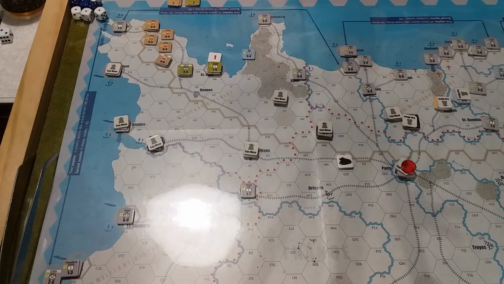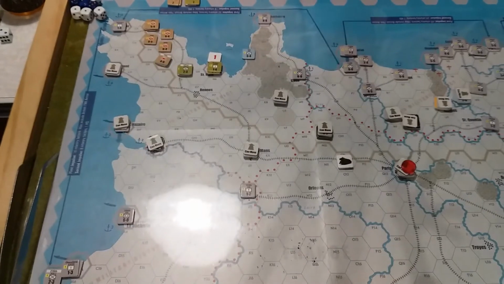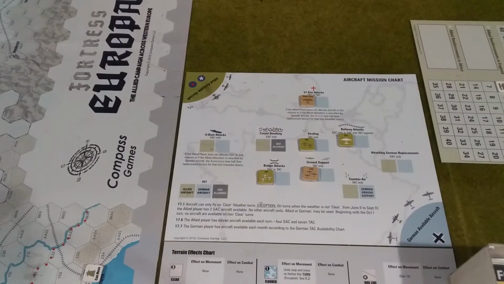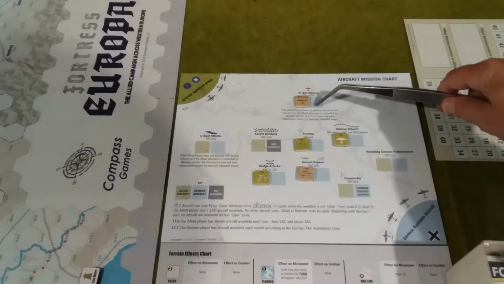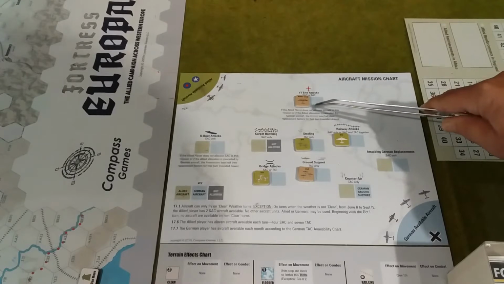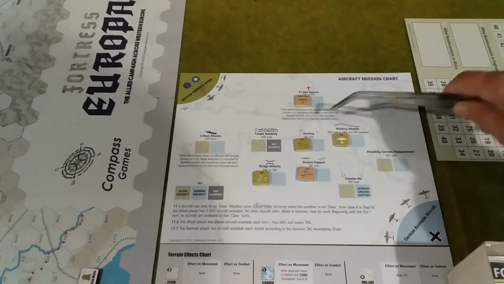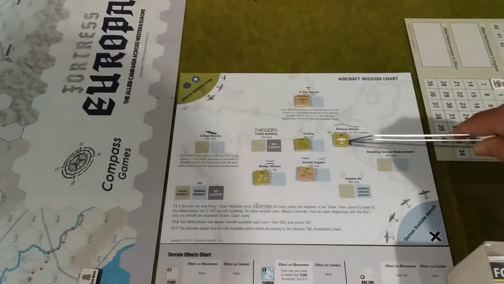Righto, third up. Air allocation phase. Okie dokie. So I'll pause it there, have a look at it, and then come back and show you what I've got. Righto, so this is what the Allies have come up with. We're going to put our 2 British SAC into the V1 sites. We're going to put our